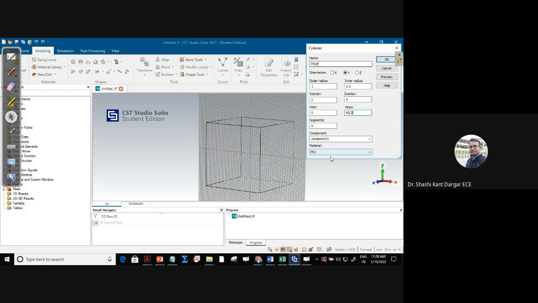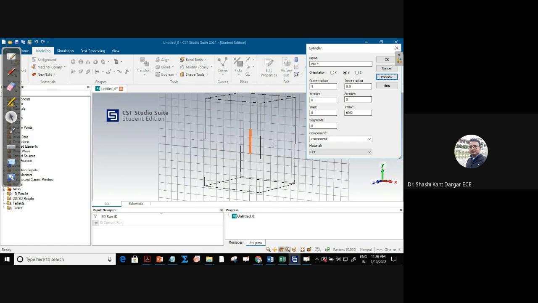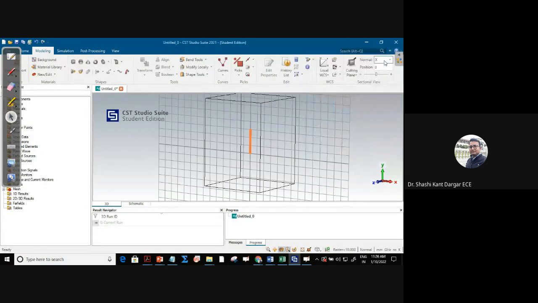Component, I am choosing PEC, perfect electrical conductor. No problem. Let me preview. In the preview, I got a cylinder here. I can do OK. The pole is ready. Okay, with this pole,